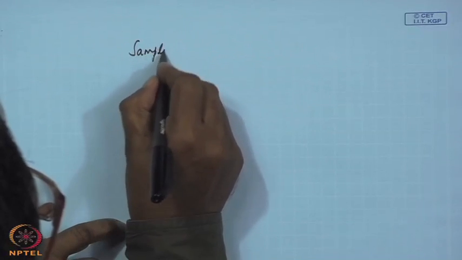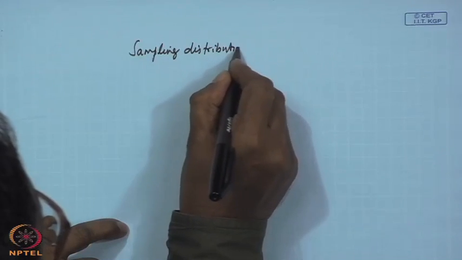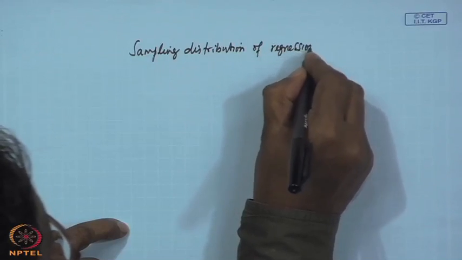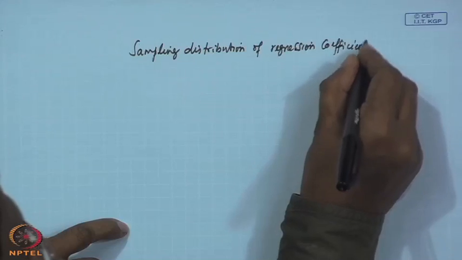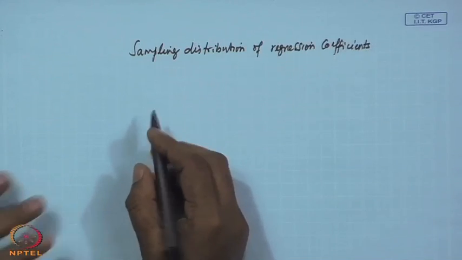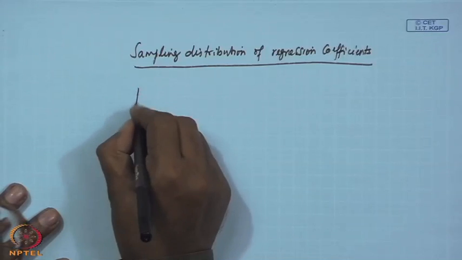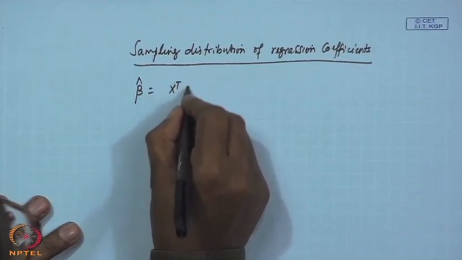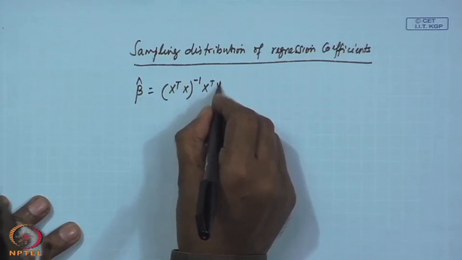Our discussion is sampling distribution of regression coefficients. In last class, we have estimated beta coefficient like this: x transpose x inverse x transpose y,